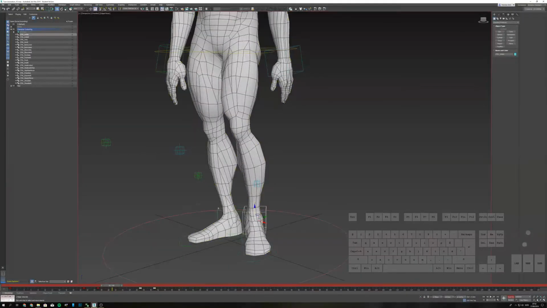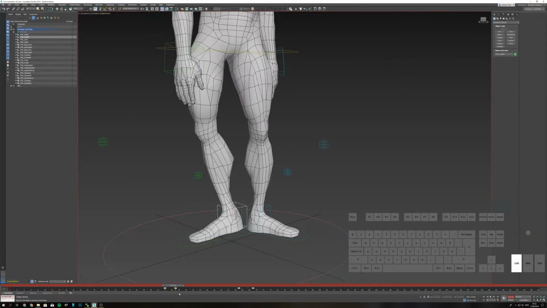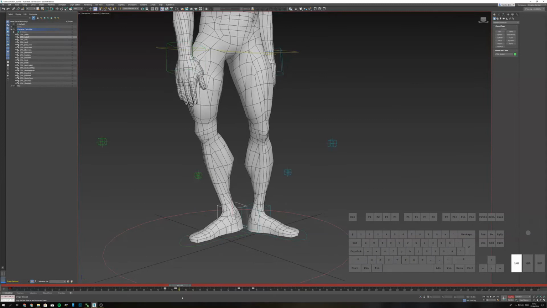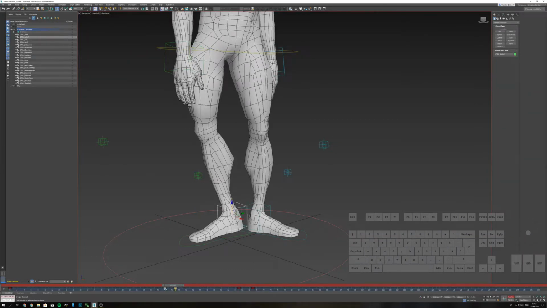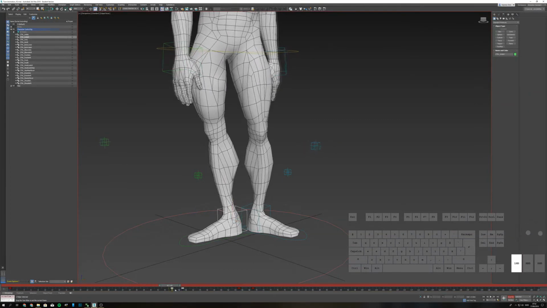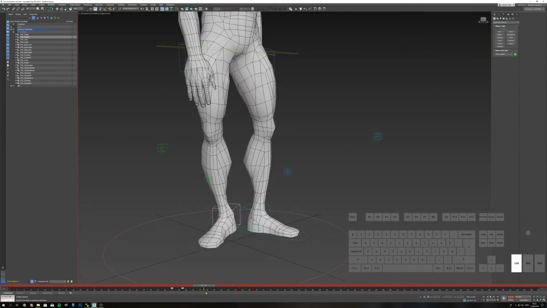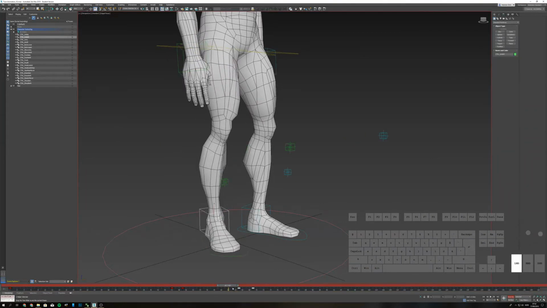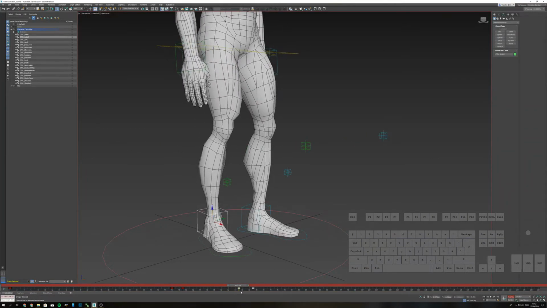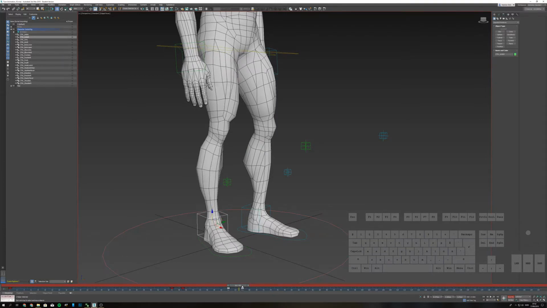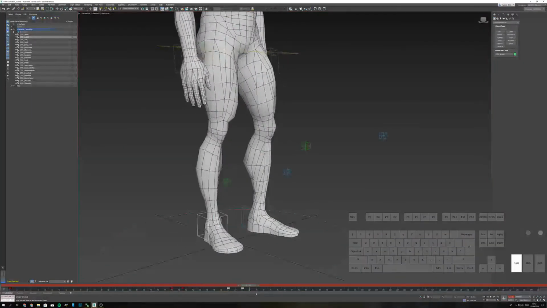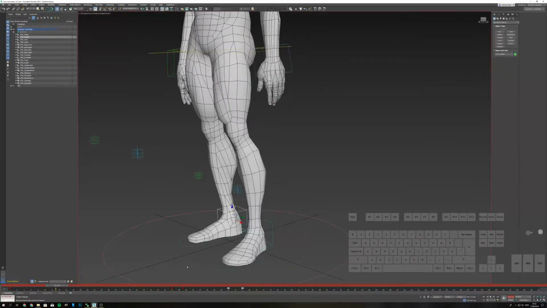So I'm going to do the exact same thing with the offset here. We're starting to move at frame 47, was it? Yeah. So I'm going to move this just a frame before, so that we start rotating. Good. And we are planted at this one, so I'm just going to move this a little bit back. And now, if I hit play,